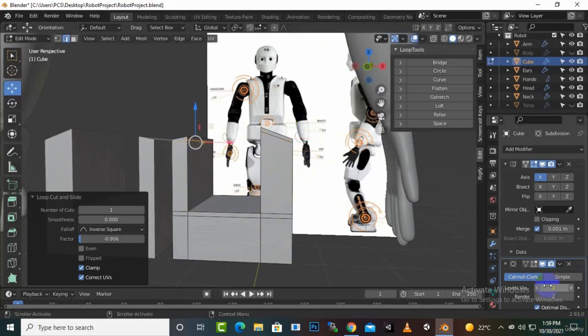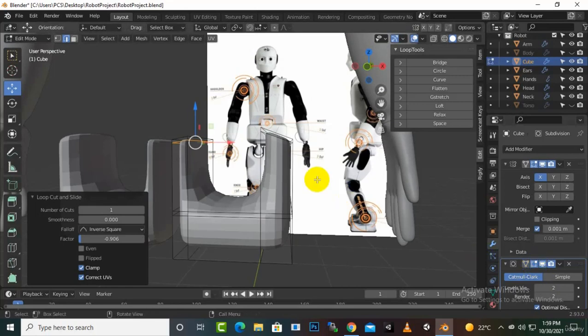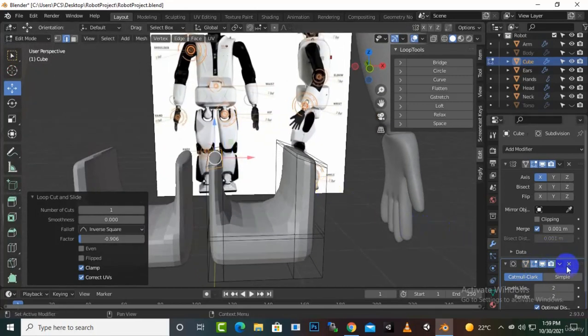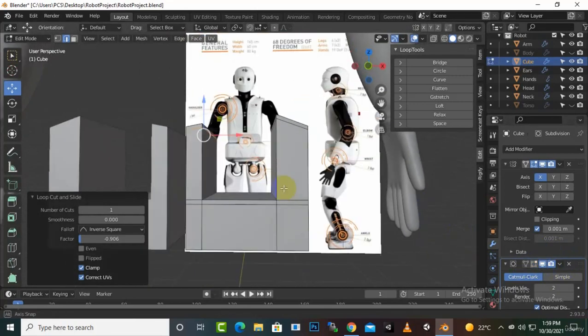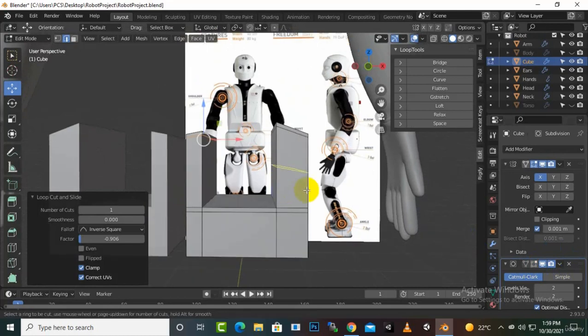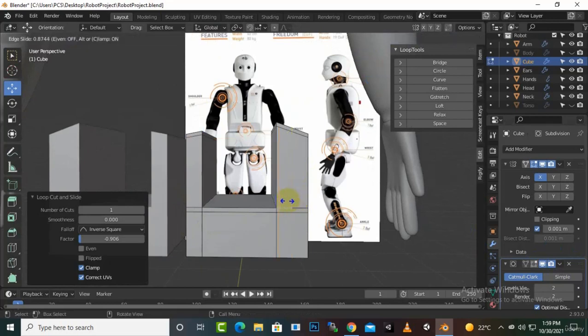Okay, and you will see that it will give us a better cut like this. But for better performance we will also create some cuts to these sides as well. So if we create some loops here, you will see that our result will be much better than before. So let's create some loops here with Control R,